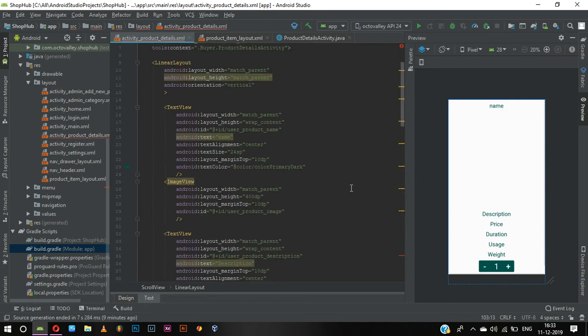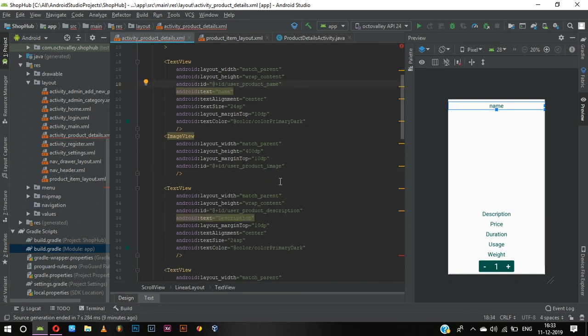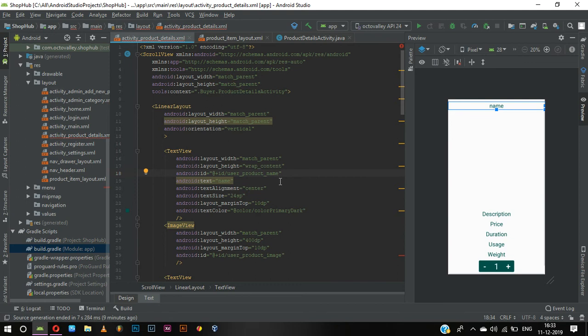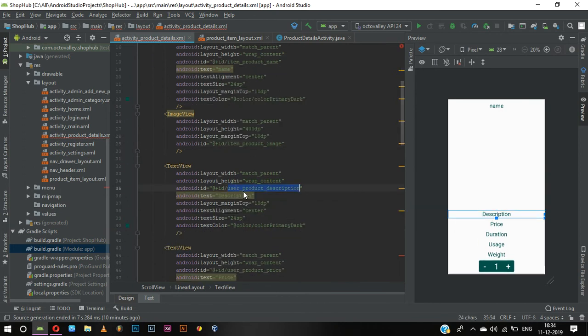So yeah, for this, the ID can be, hmm, product, it is item product name. We need to give a unique ID because it's already used. We can give it as item product name, and let it be item product name whichever thing is item. The task is it should be a unique ID. So whatever you need you can give,